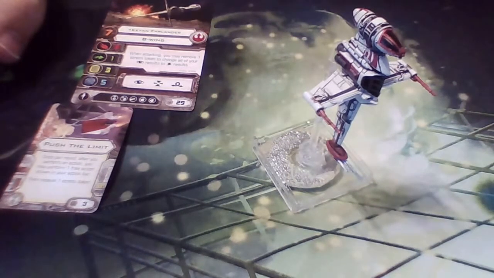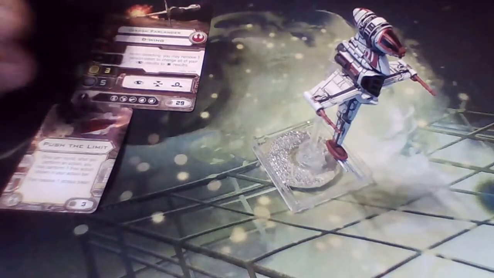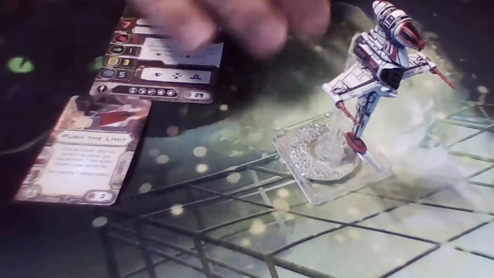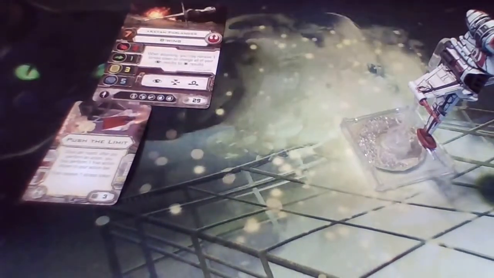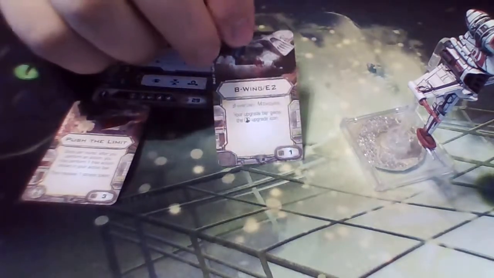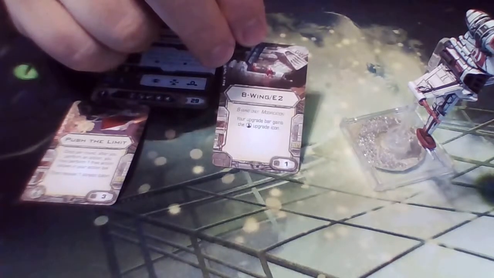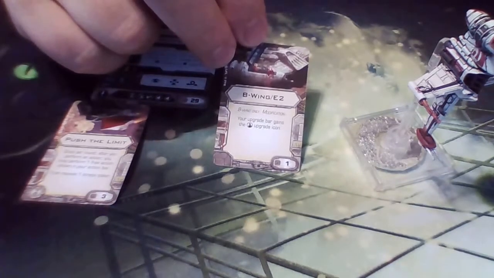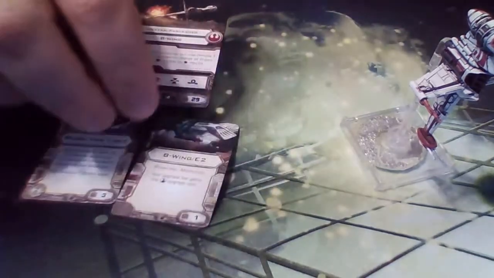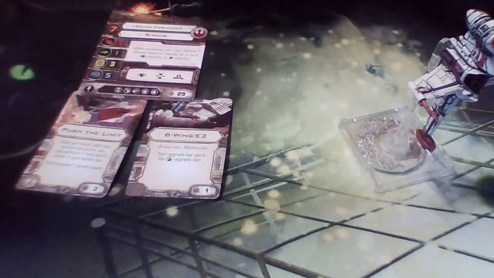She can also go ahead and actually pick up focus if she wanted. For example, if she was at range 3 of something, perhaps she wants to focus and do that. However, she has chosen to play something a little bit different, running the B-Wing E2 modification on it, and she gains with that, on her bar, an upgrade slot for a crewman. This allows her to take the next and final piece for this ship,